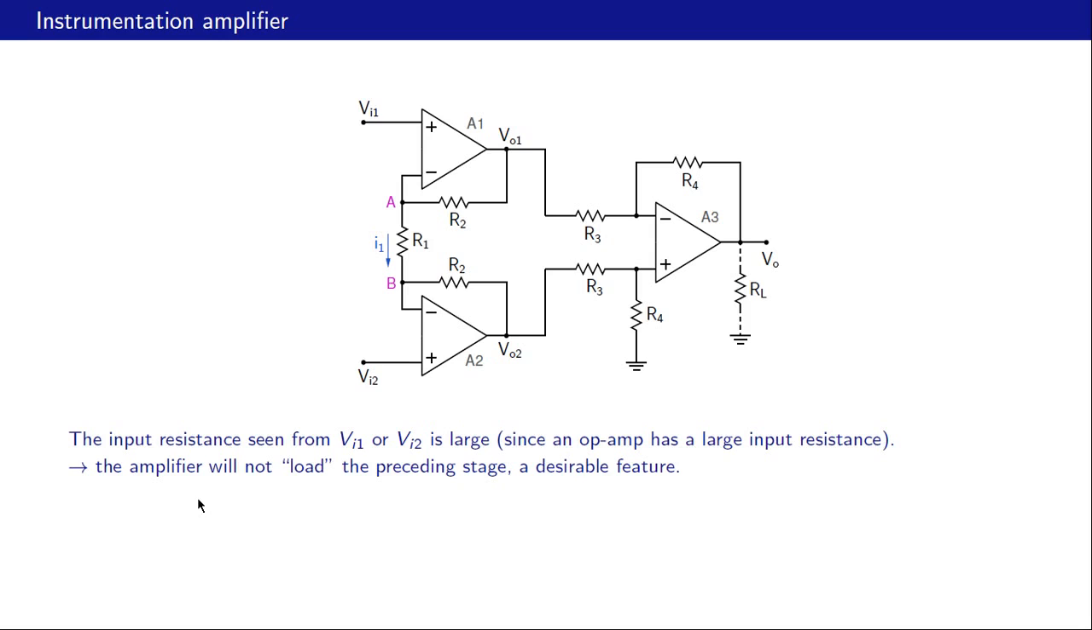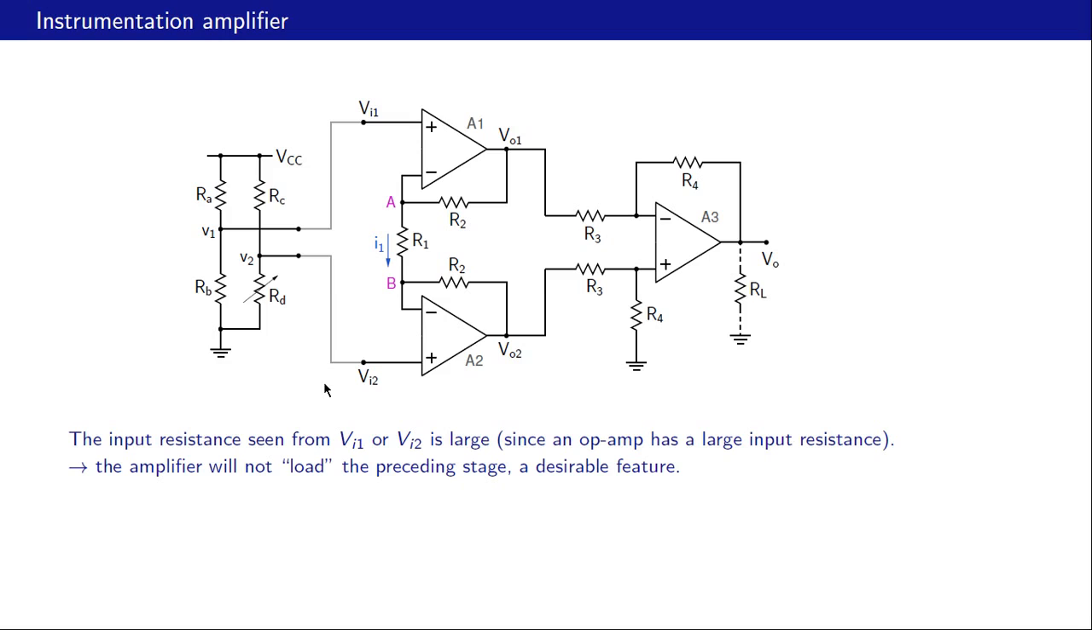The input resistance as seen from Vi1 or Vi2 is obviously large because we are looking into the op-amp directly, and the op-amp has a large input resistance. Therefore this instrumentation amplifier will not load the preceding stage, and that of course is a very desirable feature. In other words, it will not draw any current when we connect it to, for example, the bridge circuit that we have seen earlier,